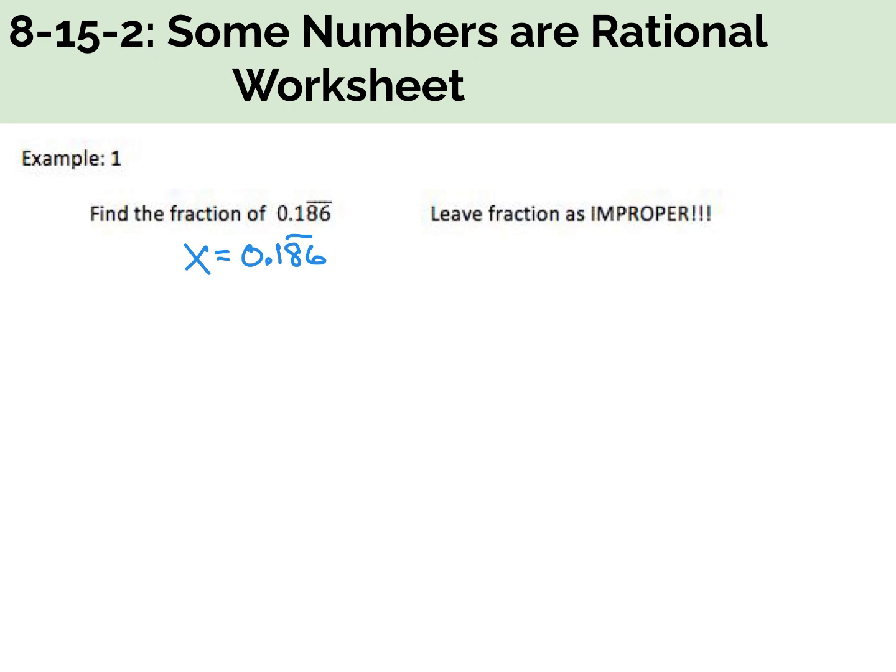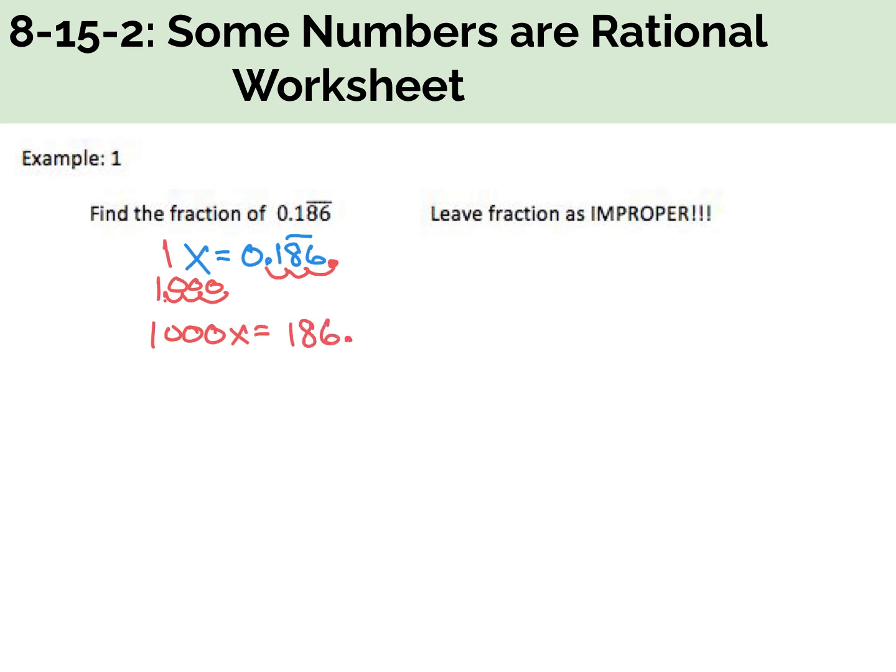Step number 2, we're going to create an equation that gets the decimal behind the repeat. If we look at it, behind the repeat is going to be over here. How many times did we move that decimal? It's going to be 1, 2, 3. So if we move the decimal, we also have to move both sides of the equation. So we have 1x, and we're going to move it 3 times, 1, 2, 3, put in our zeros. So the new equation where the decimal is behind the repeat is going to be 1,000x equals